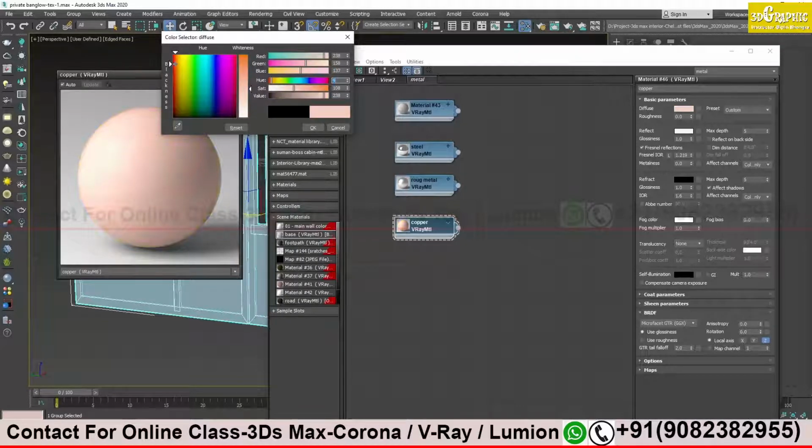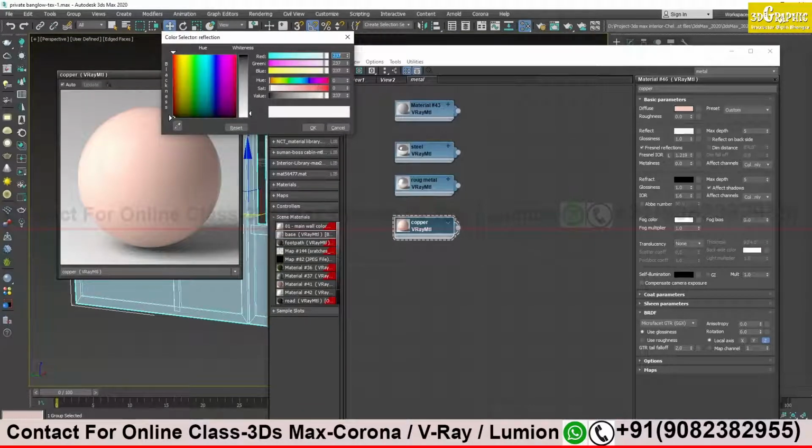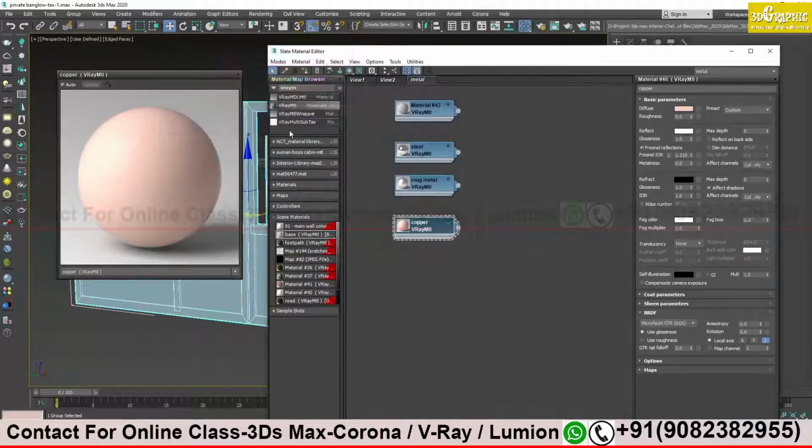So we got this color, almost. And for reflection there is also some value we have to follow. How much value is given? 255, 255, 255. Okay, complete.